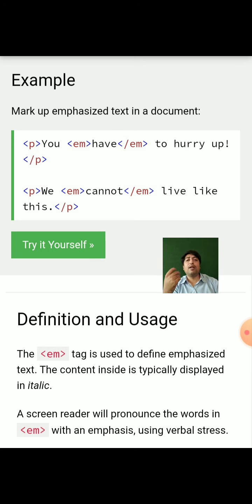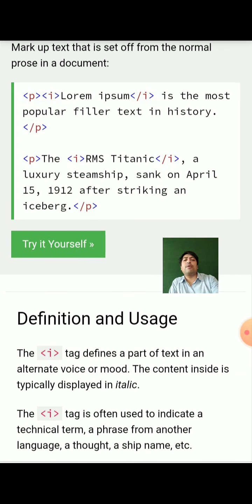Here in the example, the words have and cannot are enclosed between the emphasize tag. So the tag is only useful for displaying the text in italic manner.